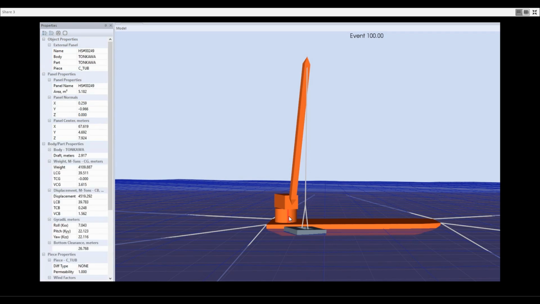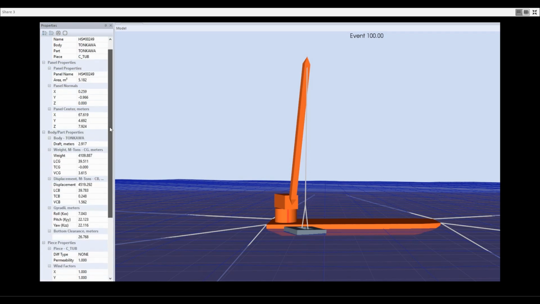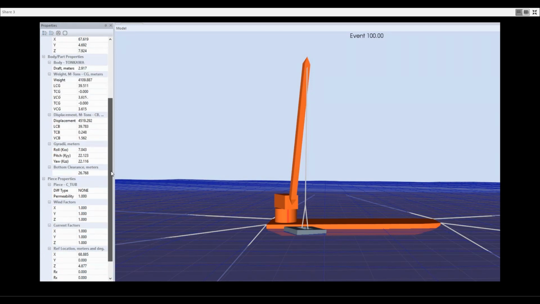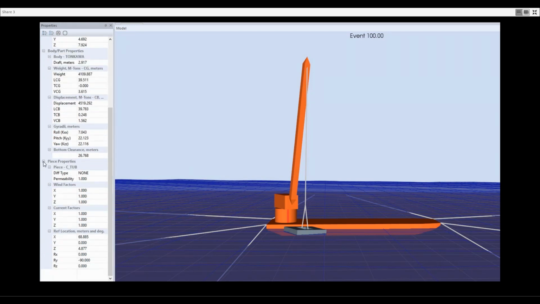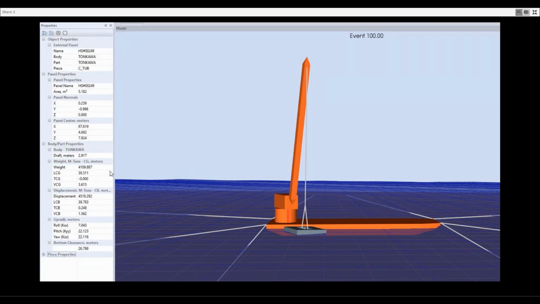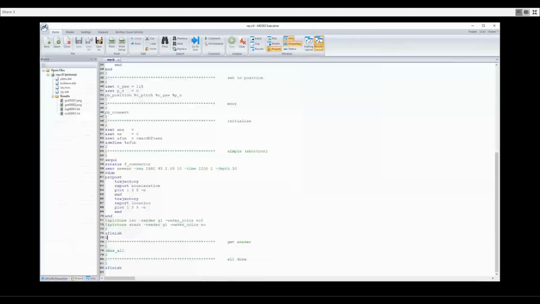If you then click on a panel on the body itself, again, you get similar information, but you get different types of information because we're not looking at a connector now, we're looking at a panel that belongs to a piece, which belongs to a part, and so on. So that's a much, much better way of looking at the problem. It gives you full flexibility and actually gives you some description of what you're viewing in that